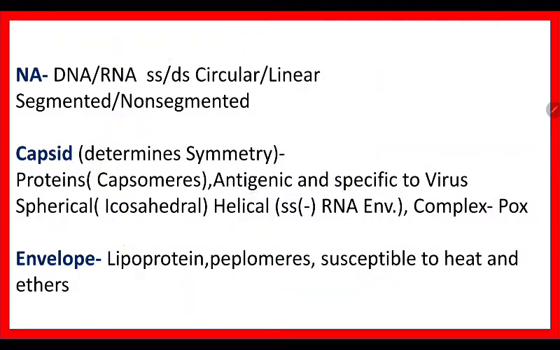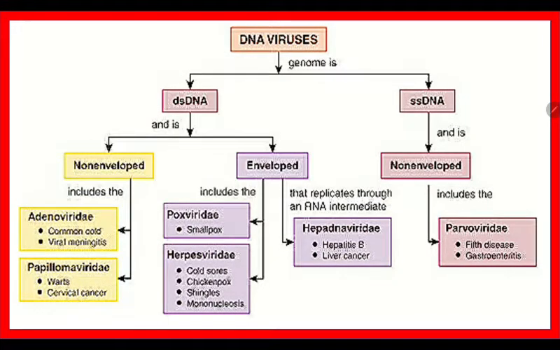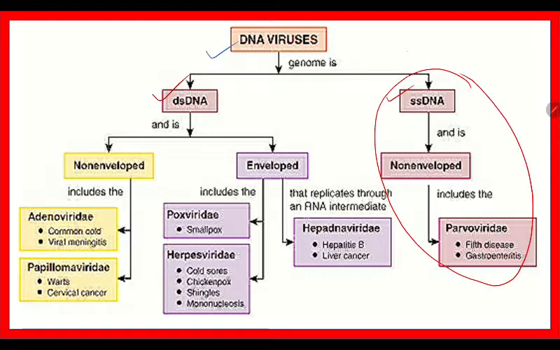With this basic idea, let us now see the classification. Coming to DNA viruses, they are of double stranded DNA virus and single stranded DNA virus. Single stranded DNA virus is very peculiar. They are all non-enveloped. Example is Parvoviridae. Coming to double stranded, it is classified under non-enveloped and enveloped virus. Under non-enveloped, it is adenovirus and papillomavirus as well as polyomavirus. Coming to enveloped, this is what we need to remember.